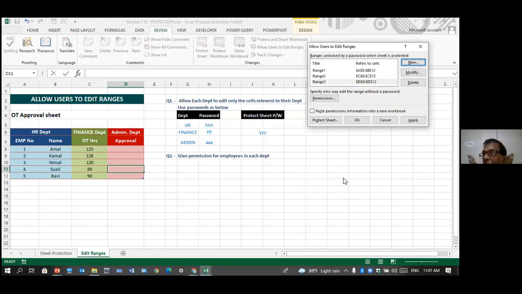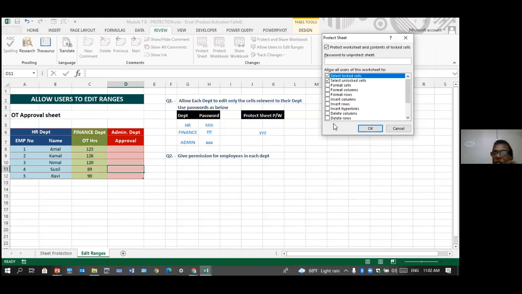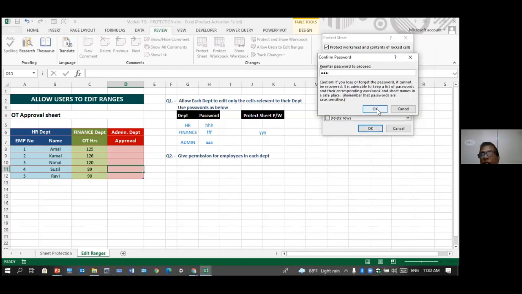I can't give any of these people the authority to give the password to the others, because they themselves are protected. So that's not done. So then it should be the IT administrator or database administrator or some superior who has to do this operation. That person will have a super password. After giving the passwords, you have to say protect sheet. When you click protect sheet, it asks for that normal password. Now this is the super password. I'll put YYY and say okay, right.